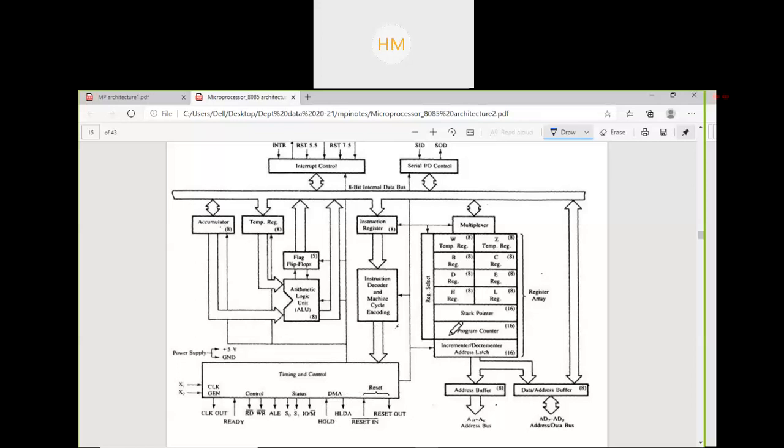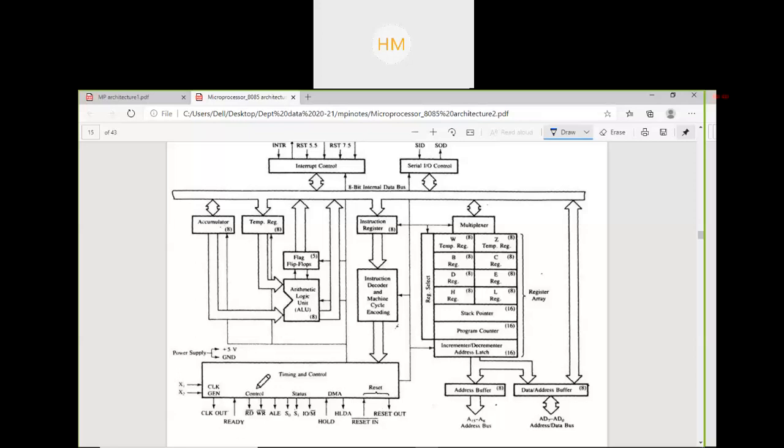This microprocessor can be interfaced with many peripheral ICs, so these particular pins are for the direct memory access control IC. Then reset. I may want to reset the whole microprocessor, or the peripheral connected with the microprocessor. So this is the timing and control unit.